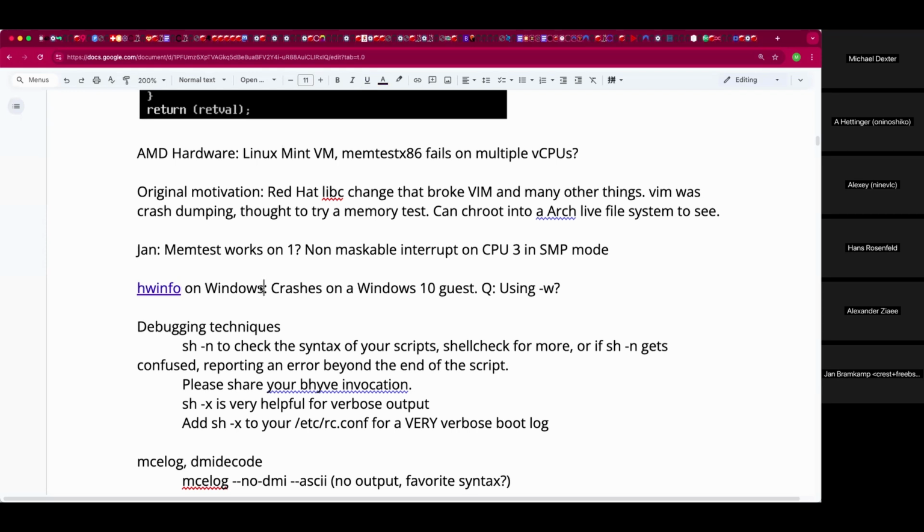So I don't know if bhyve is the one doing it incorrectly, or if memtest is just not tested on this platform, and they're reinventing the wheel so that they don't need a real kernel.